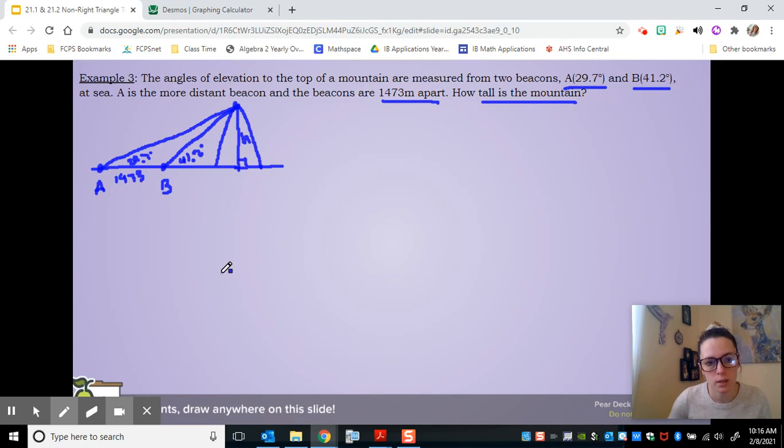So what that tells me is at some point, I am going to need to use this height and therefore this right angle, right? So that height with either beacon B, where I use this angle of 41.2, and I'll have to have either this distance on the bottom or the distance from B to the top of the mountain. So that's option 1. Another option